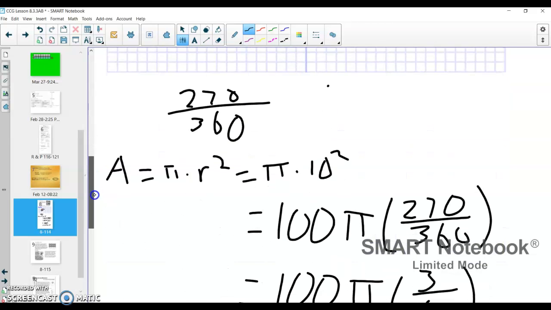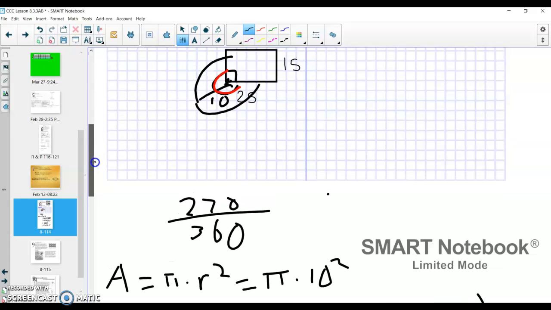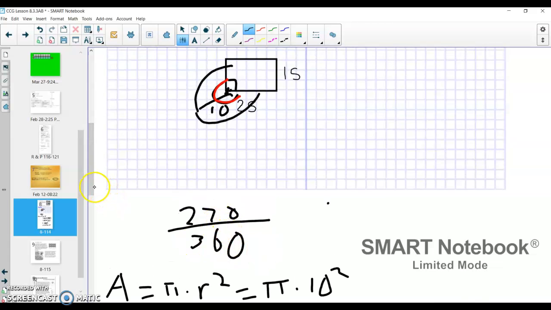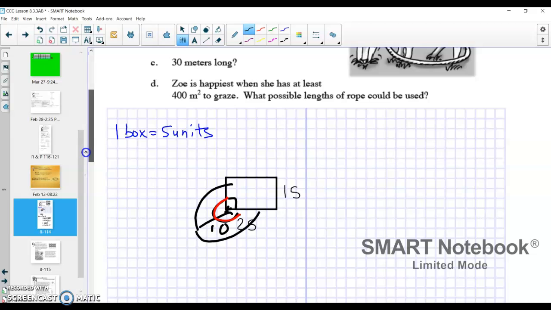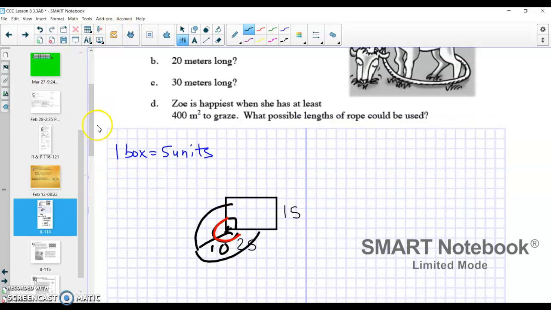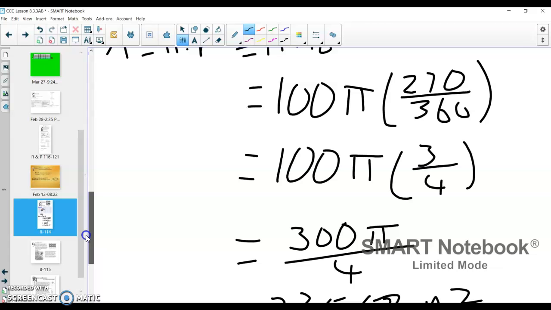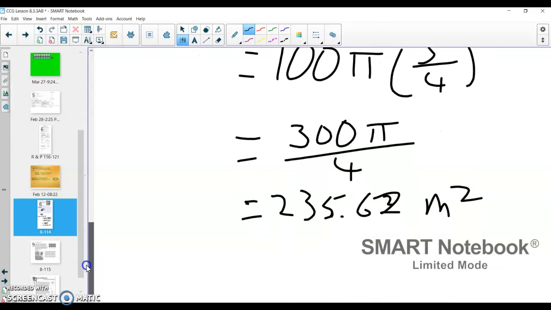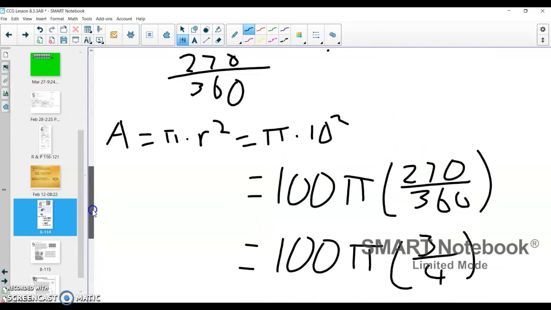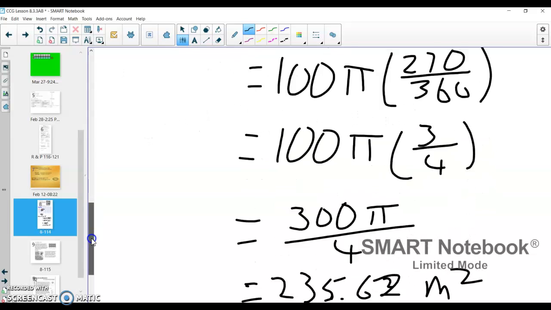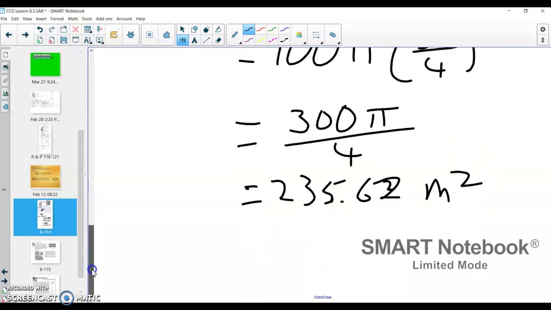Some things are going to be kind of similar as we move on. I think we're always going to have that 270 over 360. But let's keep going as we see it. I'm going to clear my ink here. Let's take one more look at what we did. Found the area of the whole circle, multiplied it by the portions we needed, and came up with a final answer. So again, found the area of entire circle, then the sector part of it, ended up getting my answer, 235.62